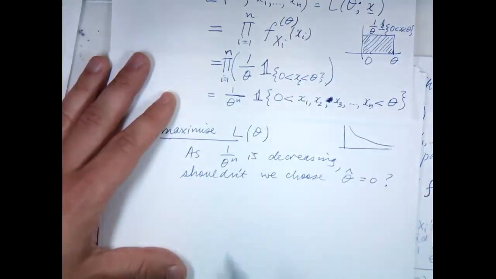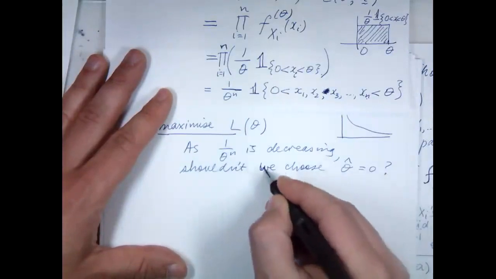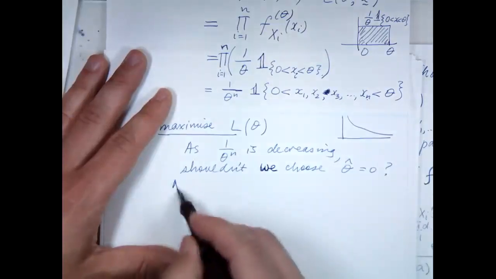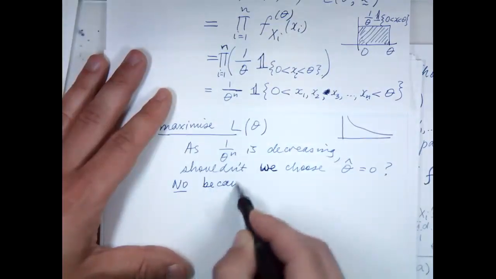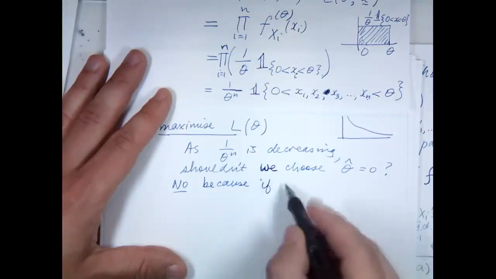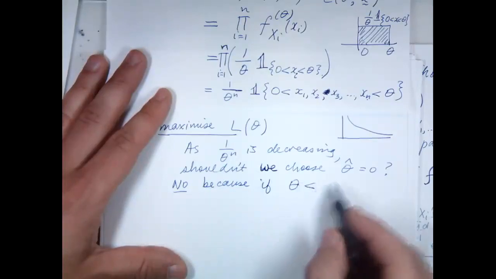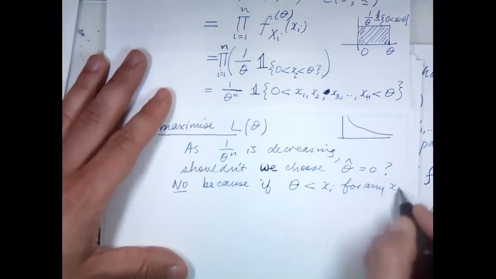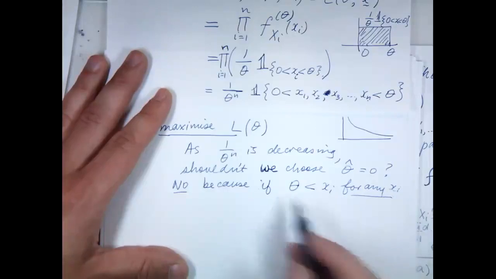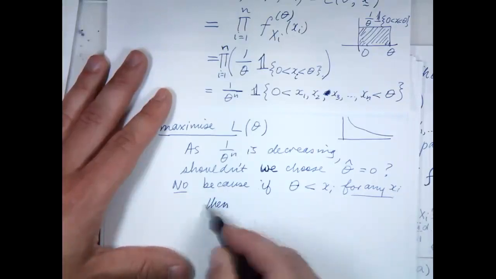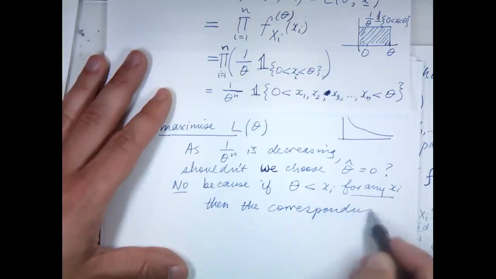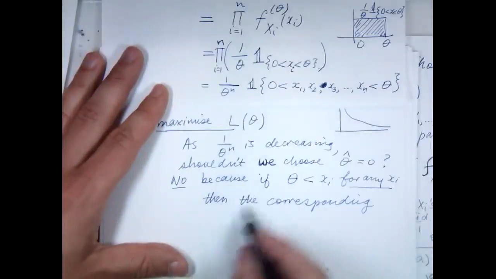So that's actually not the correct answer, but can anyone tell me something that I've missed in that reasoning? Because if theta is less than any of the x, we will get zero as the total result. Yes, exactly. Because if theta is less than xi for any xi at all, if there's even one of the variables that theta is less than, then the corresponding marginal density, remember we multiplied all the marginal densities,